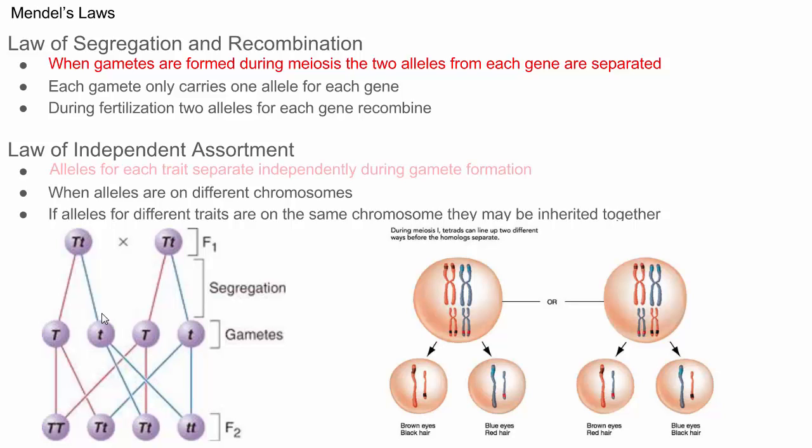And then the last law is the law of independent assortment. This means that the various traits are inherited independently of each other. So when Mendel was studying pea plants, he saw that whether or not the flower was purple was not related to whether or not the seed was yellow or green, which was also not linked to whether it was smooth or wrinkled. That each of these traits were inherited separately from each other. Okay? And that's independent assortment.